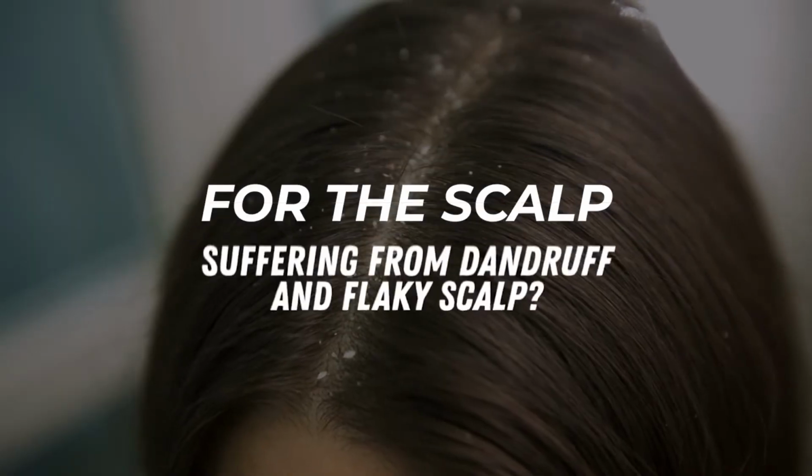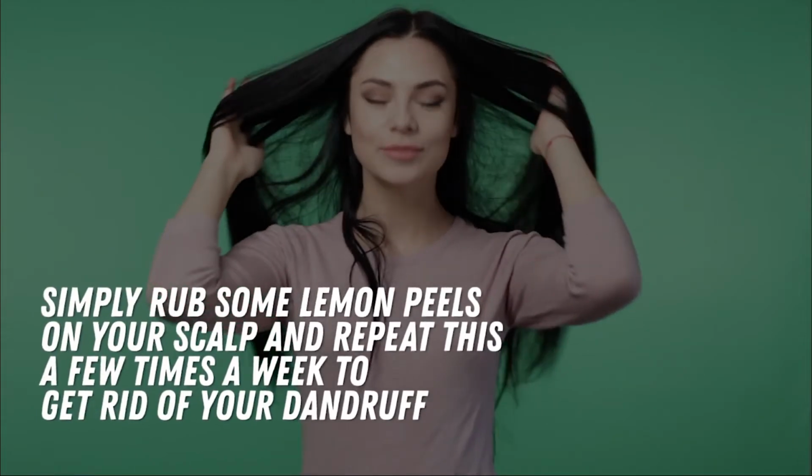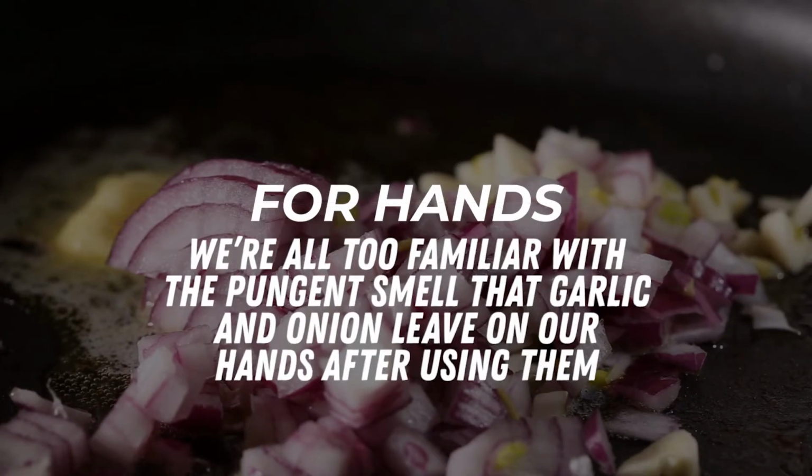For the scalp, suffering from dandruff and flaky scalp? Simply rub some lemon peels on your scalp and repeat this a few times a week to get rid of your dandruff. For hands, we're all too familiar with the pungent smell that garlic and onion leave on our hands